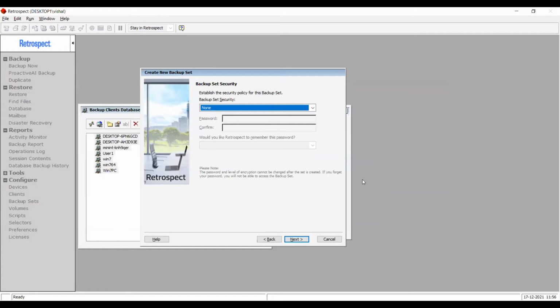We can't recover only for 256-bit encryption? No, basically, the reason why we can't recover the password for any level of encryption is because we are saving that password with 256-bit encryption ourselves. Doesn't matter which option you are using, everything that Retrospect saves is saved with 256-bit encryption, and it is not possible to break that encryption and recover that password.